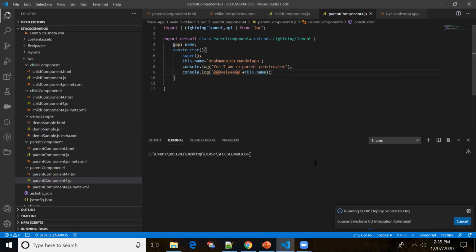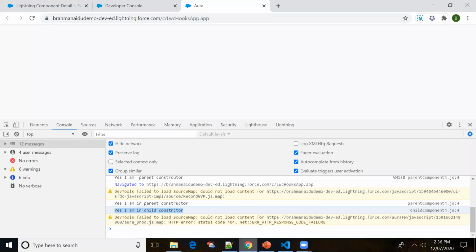Okay. So yeah, it is loading. Okay. So we are successfully able to deploy the code to the source org.